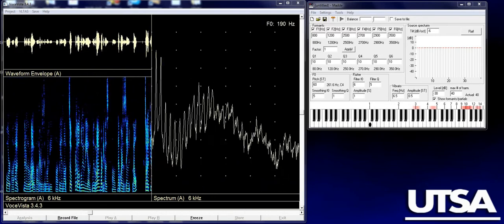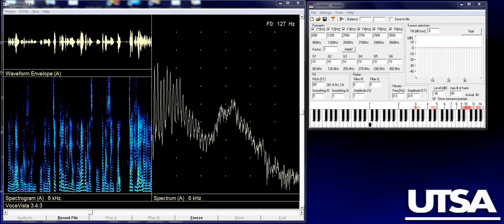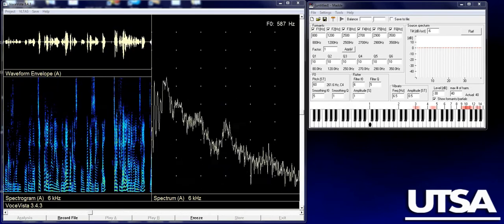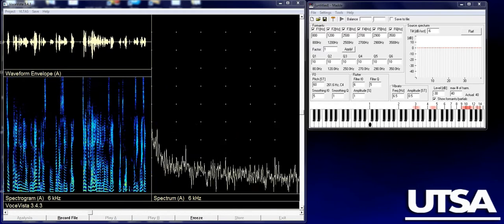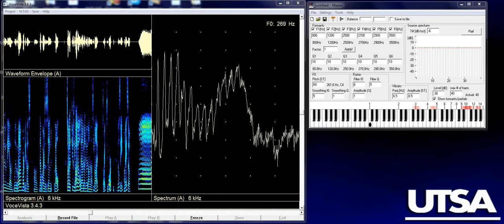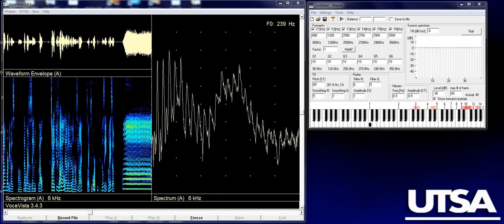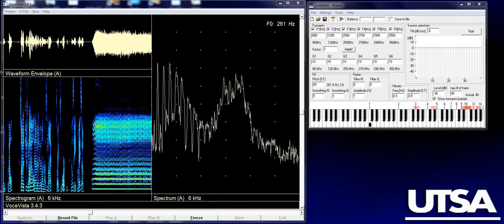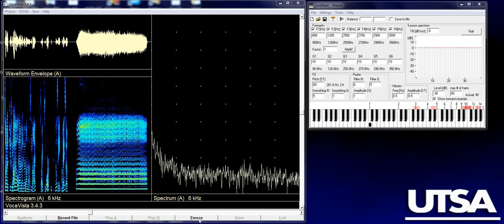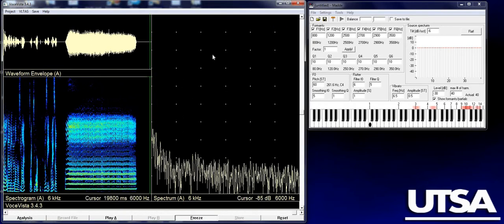So I'm going to choose the ah vowel, and I'm going to do it on C4, middle C. Okay, and so as we showed on the video the other day,